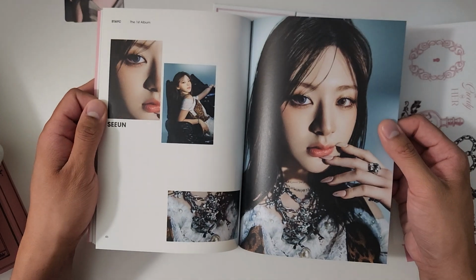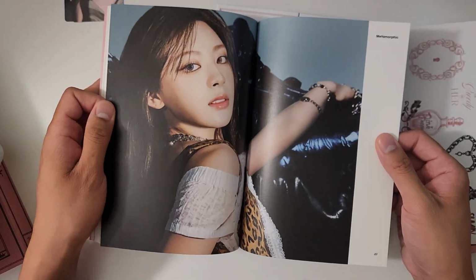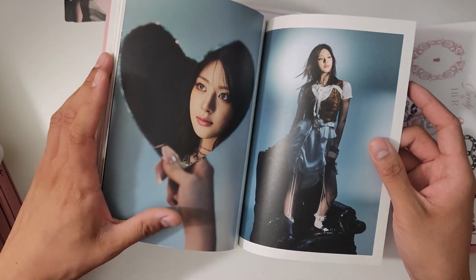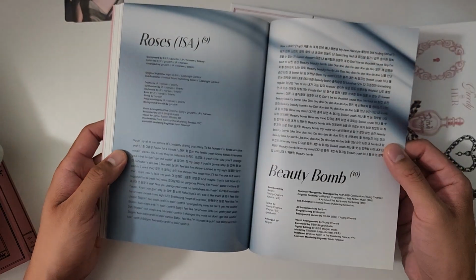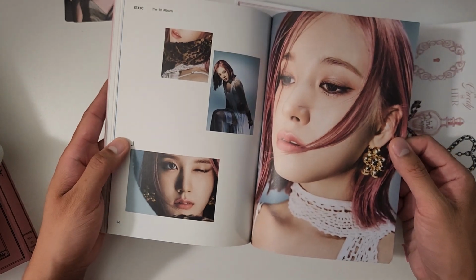Then we move on to the Seyun photos here. So again, lots of blue, lots of metal. I love the concept for the icy version. And I love that for this one, they cut out a heart for the mirror if you look at it. So I really thought that was interesting when I saw those photos go up. We have the roses as well as the beauty bomb lyrics, and then finally we move on to the J